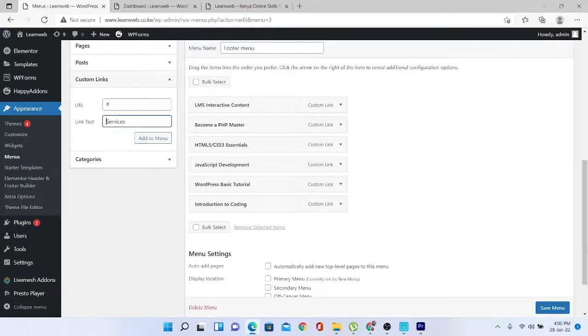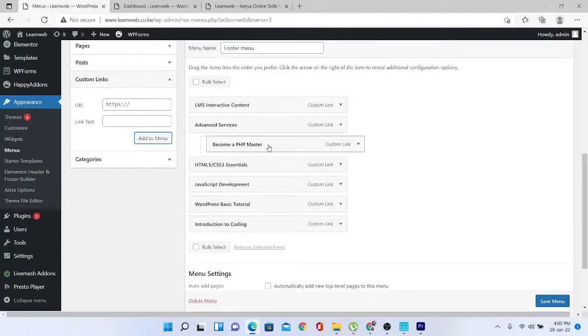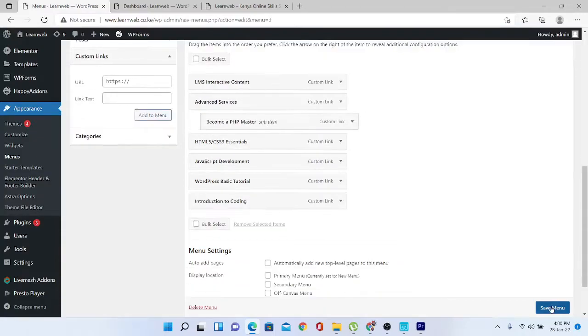So we can try and add something just for demonstration purposes. And we can also add the drop-down menu in such a scenario. In fact, the drop-down menu works best when the first title appearing on the menu is something which can't be clicked, because that reduces the risk of clients or users not being able to access the pages under the drop-down. So with that said, we can adjust one of them, click save,